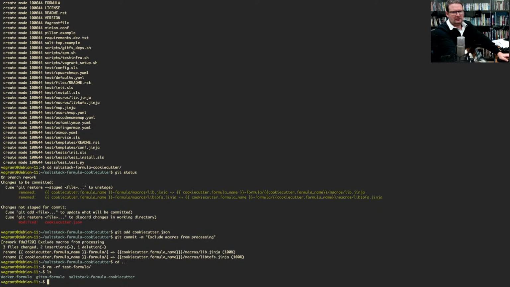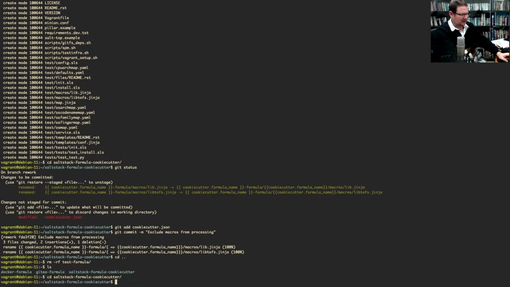You can see that I've basically robbed some bits from the Docker formula and some bits from the original MIT formula. The thing I took from the Docker formula is actually quite strongly based on the TOFS idea. And in actual fact, most of the way it's done is based on TOFS. If I look again, going back to SaltStack and going back to